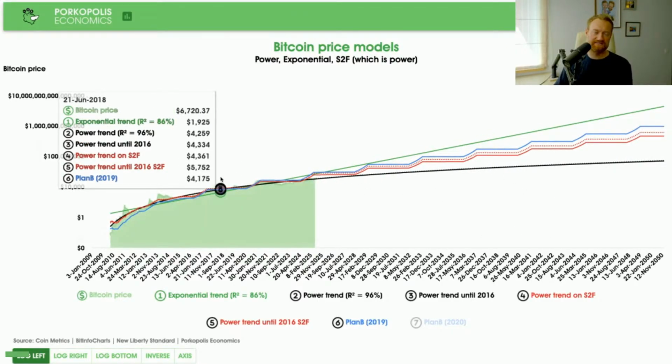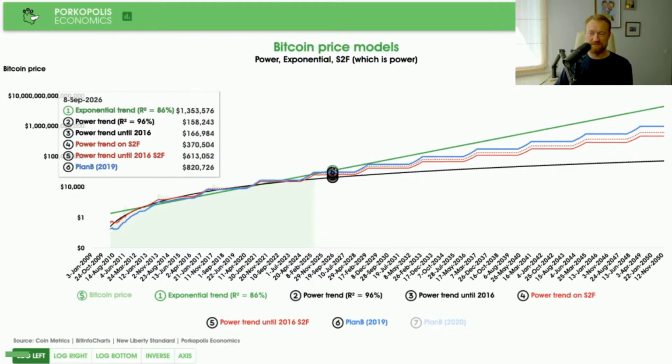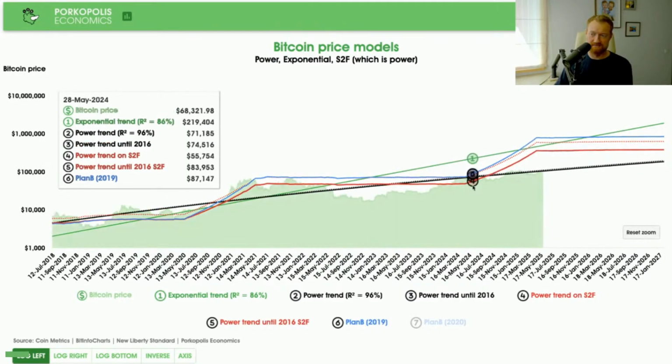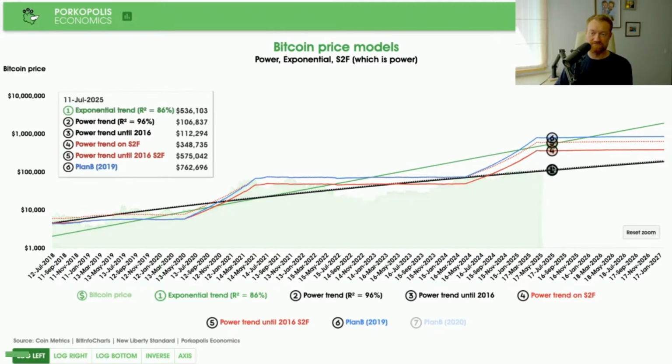So if you mix assets that grow exponentially, i.e. gold and silver, with an asset that grows in power, i.e. Bitcoin, it's going to give you a weird result. And indeed it did. So the 2019 model, you see, is even worse than if you had just done a straight up stock to flow,